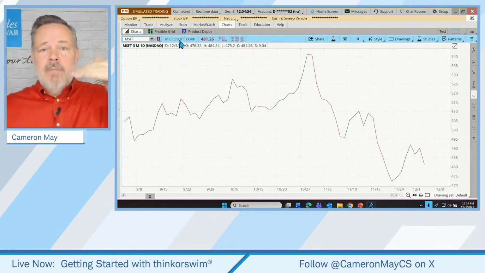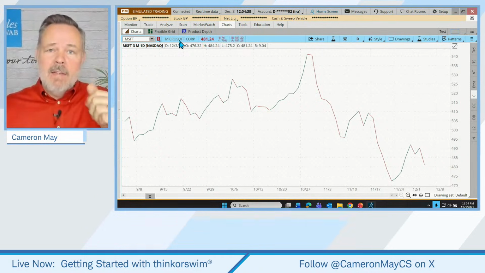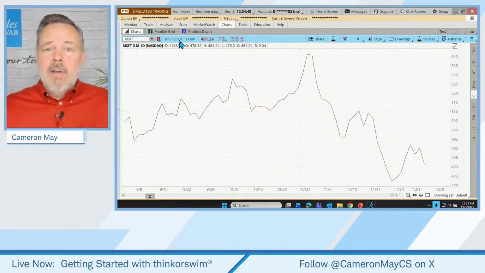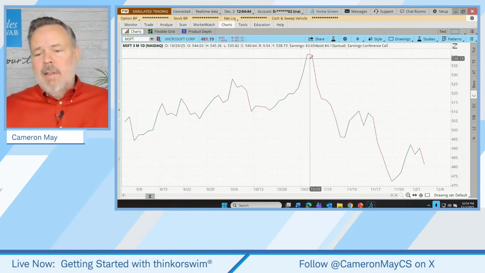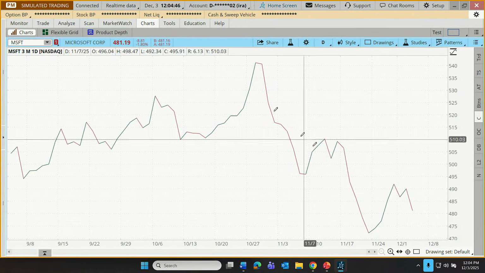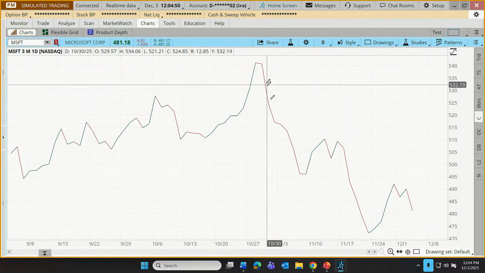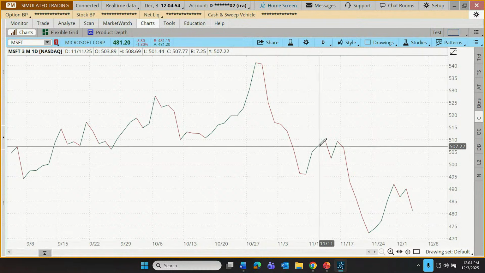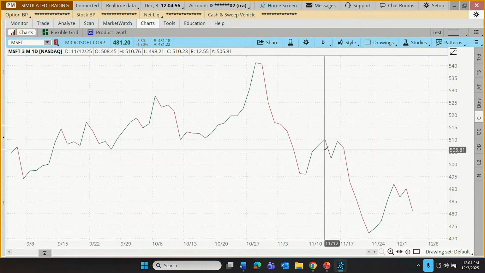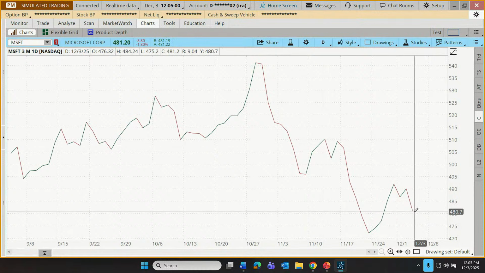We color a drop from one dot to the next as red. We color a rise from one dot to the next as green, and that creates our line chart. That's really it. So as we look over the last month or so here, we'll see red lines as the close to close changes are going down. We're going to see an occasional green line as we get 1 or 2 stronger closes, but that creates this line chart over time.